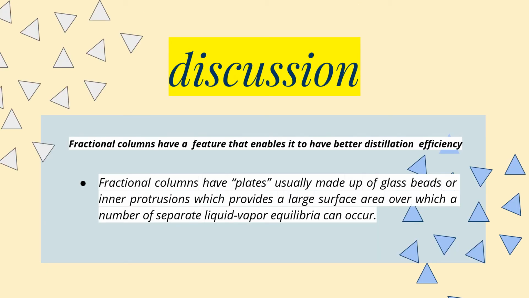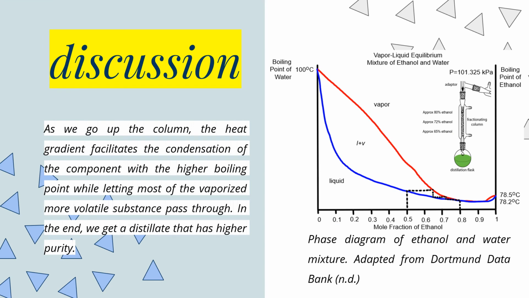Fractional distillation is a series of distillations usually done with a fractionating column. The fractionating column contains plates that increase surface area where vaporization and condensation can occur. Multiple plates allow successive vaporization and condensation. These plates are the reason why, as we go higher up the column, the concentration of the more volatile substance